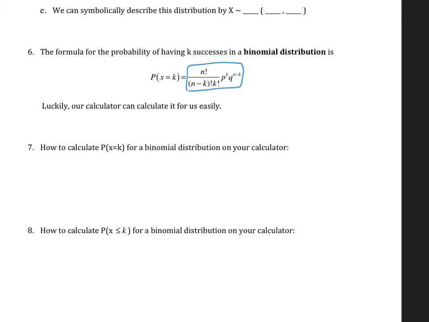Fortunately, we have a calculator that's already programmed. This formula is programmed in already, so we'll just have to punch in the numbers, so I don't have to go through this process. So the calculator function key we're going to be using for this, and there's a separate video, also a separate link. I linked it on the module as well, but it's going to be second. Then we're going to go to vars, which is the distribution function, and then we're going to scroll down to selection A, binomPDF.